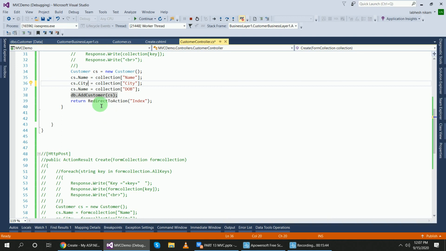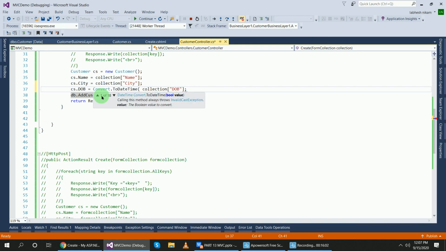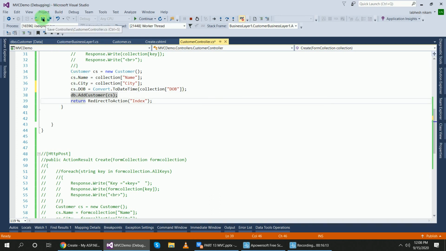Okay, and here DOB, and here we have to convert into date time, string value into date time. So convert dot to date time collection date of birth. Right? Now save this and run again.